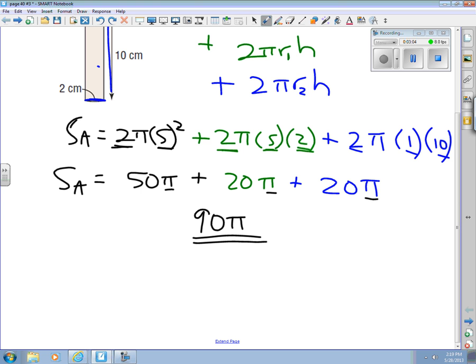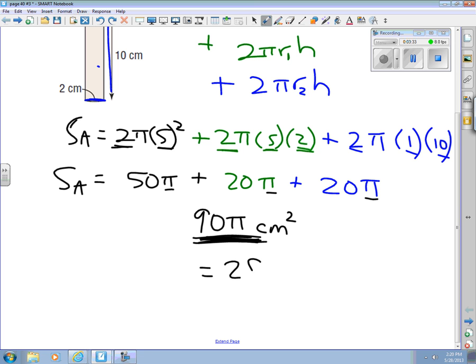And again, at the grade 10 level, they'd probably just say, leave it like that, 90 pi centimeters squared. Unless, of course, it's an applied math problem, in which case, say you wanted to know exactly how much surface area this had because you wanted to paint it or cover it with wallpaper or something. You're not going to go to the store and say, please sell me 90 pi centimeters squared of wallpaper. So we need a decimal from here. And if we're going to punch buttons, we get,